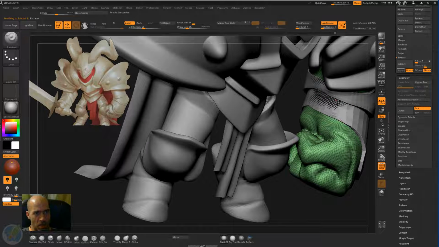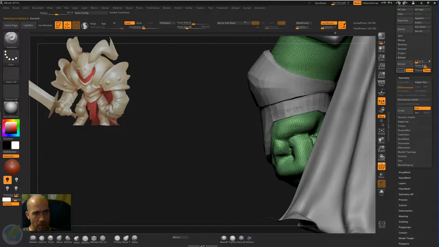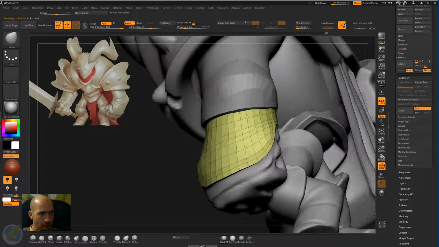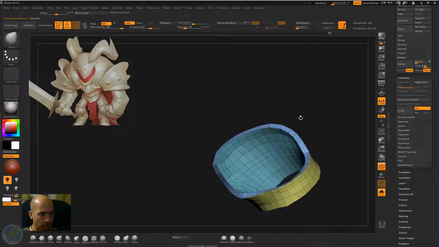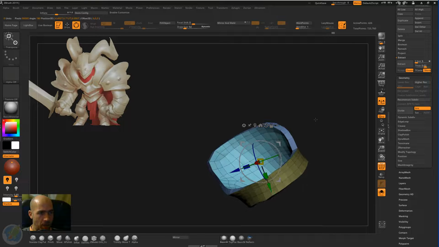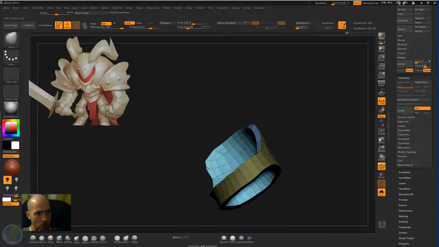With the standard brush and Alt, I'm just pushing it. This is looking a little bit odd, so with the move brush, I will move it. And then we will do the same for this thing as we did for the elbow armor, which will be to press W, and now we are on pivot mode, then Control, click, and then we have masked, and then we press Q to get out of pivot mode,